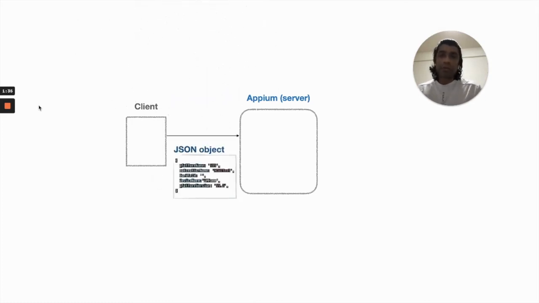As we discussed, the client initiates communication with the Appium server using a JSON object. This JSON object is a key-value pair of certain properties. These properties are the configurations for your automation. Like,